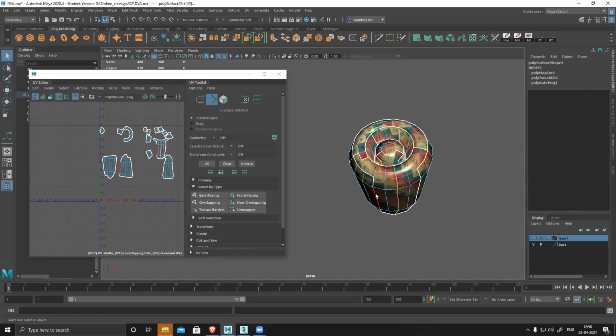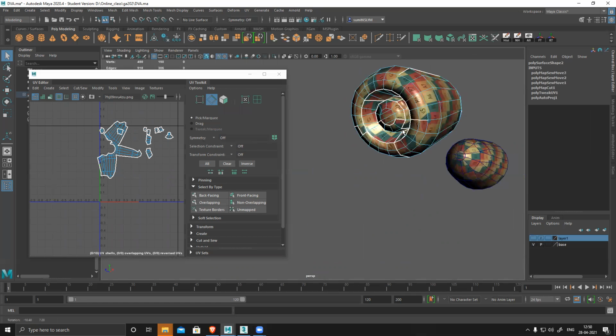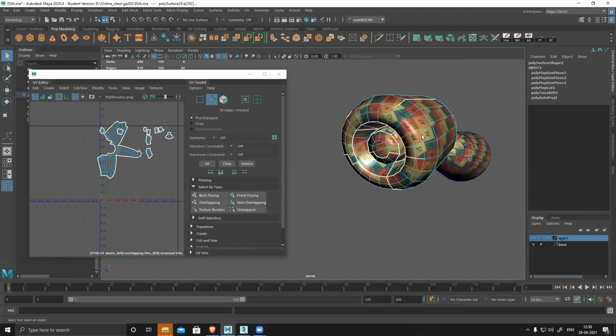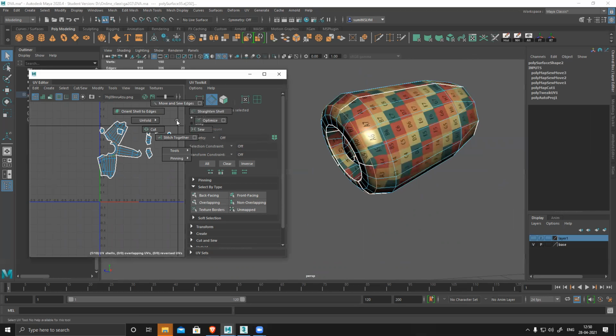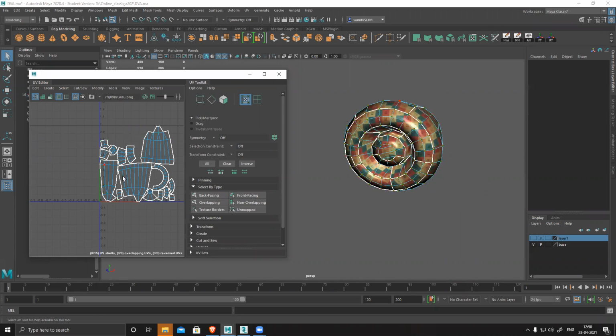Choose any of the edges which is not visible. Separate. Unfold. Layout.